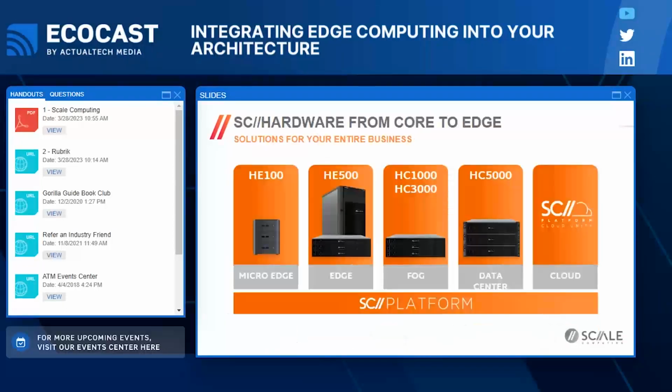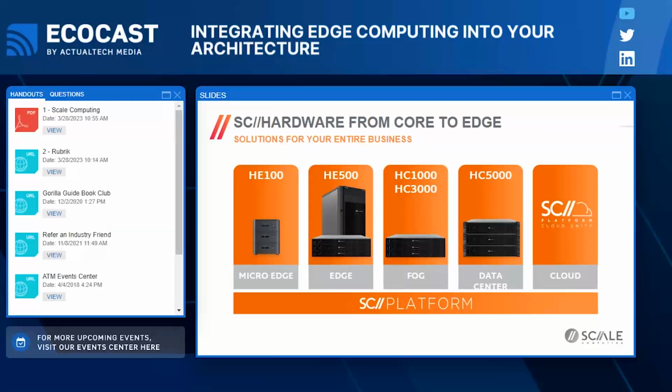I mentioned a wide range of platforms. So you can see on the left side of the screen that HE100 series. That would be a micro edge platform. Those are actually based on the enterprise form of an Intel NUC, but they're very, very small but very powerful, and also very easy to consume. Those are the kinds of things that literally with one network cable and one power cable and zero-touch provisioning, you can send these out without any IT people to plug in, bring itself online, phone home, and then handle all of the management remotely.